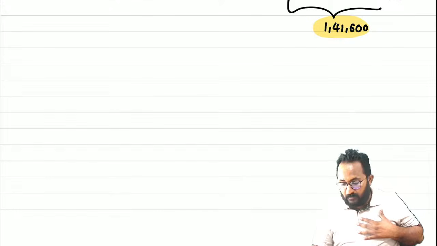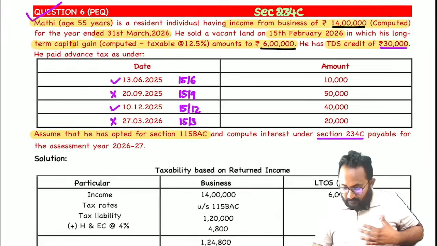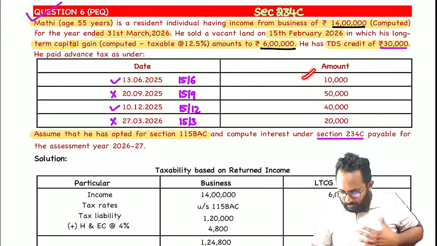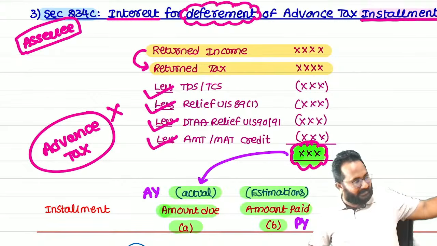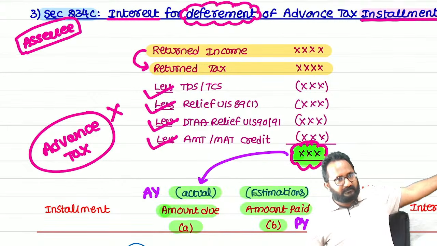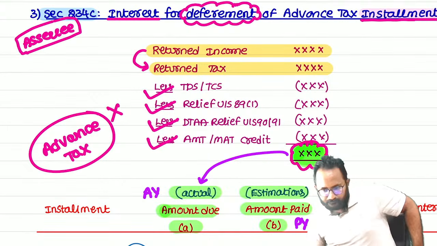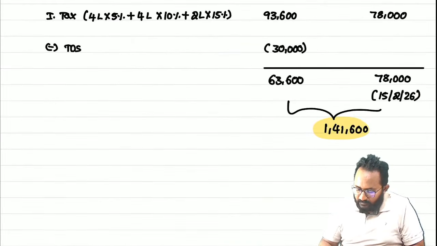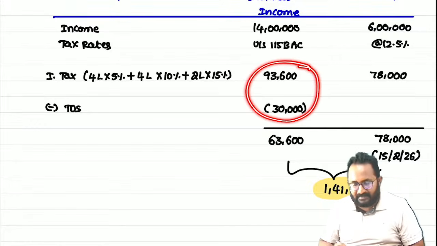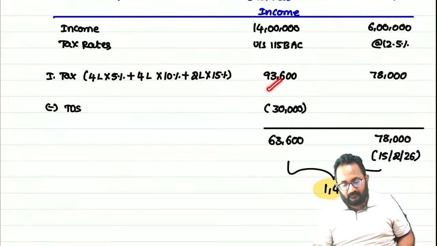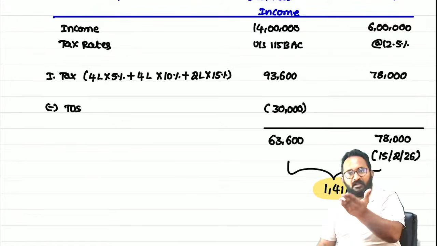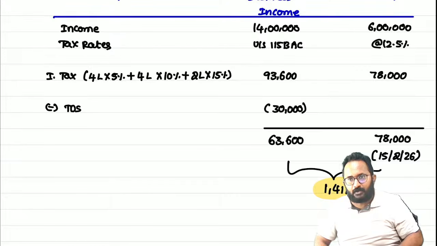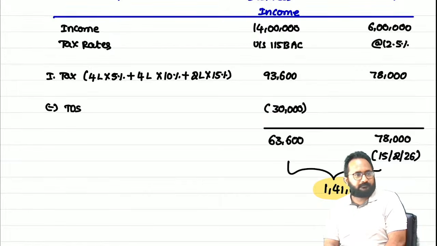But already we paid some amounts in the previous year. You can check in that question. Understood? Tell me, are we doing the question as per this format or newly? As per this format only we are doing. Sir, why are we reducing the TDS from the business related tax? Business related tax we have to pay in the 4 installments. If TDS is reduced from that only, our advance tax will also reduce. It is a beneficial thing.